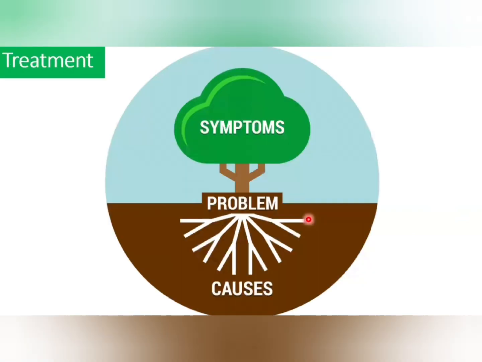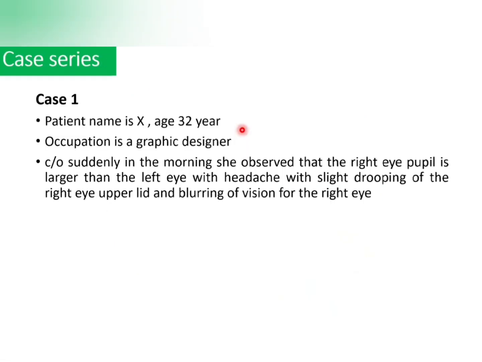Okay. So first of all, treatment. The main way of treating the condition is to treat the cause to treat the disease. These are the causes that are leading to the symptoms. If you treat the cause, then the disease will get treated. If it is because of a tumor, treatment of the tumor. If it is because of an aneurysm, treatment of the aneurysm, then only it will get treated. So treat the cause to treat the disease. These are some examples. These are two. I have given you two cases here so that you will understand nicely.